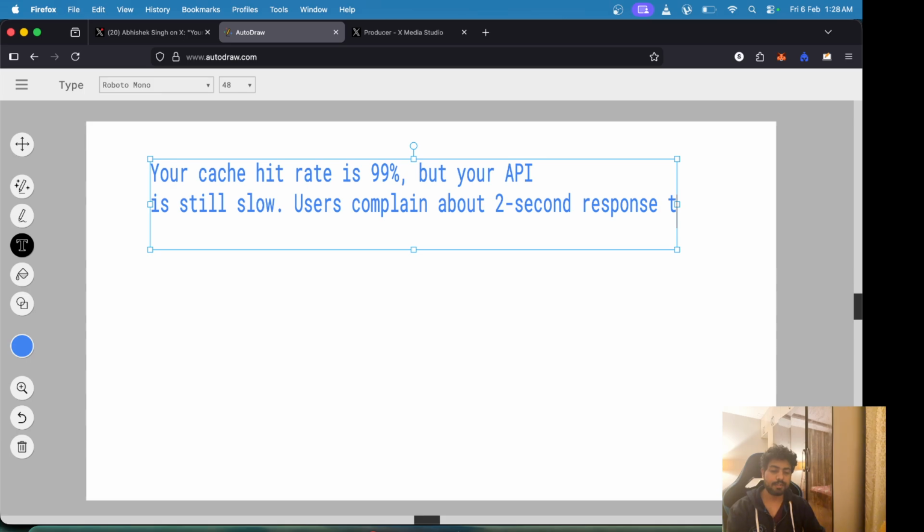I'll keep posting these kinds of problems, some nuances of internal system design problems that you might face in production from time to time. These are not very straightforward problems like design Instagram. I know those are the system design problems that are asked in many interviews, but my focus is not that. I won't ask you to design Instagram.